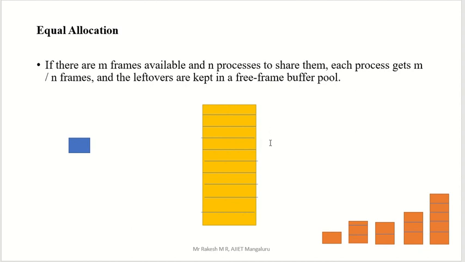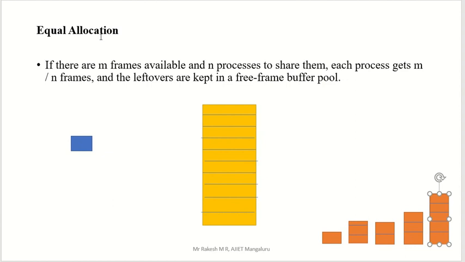I will explain with an example here. This is the CPU, and this yellow part is your main memory. That main memory we are going to divide into small blocks. Each block is called a frame. Now here we have secondary memory, and many processes are there in secondary memory. This is one process, this is another process, this is another one, and this is one big process. Like this, we have a lot of processes in secondary memory.